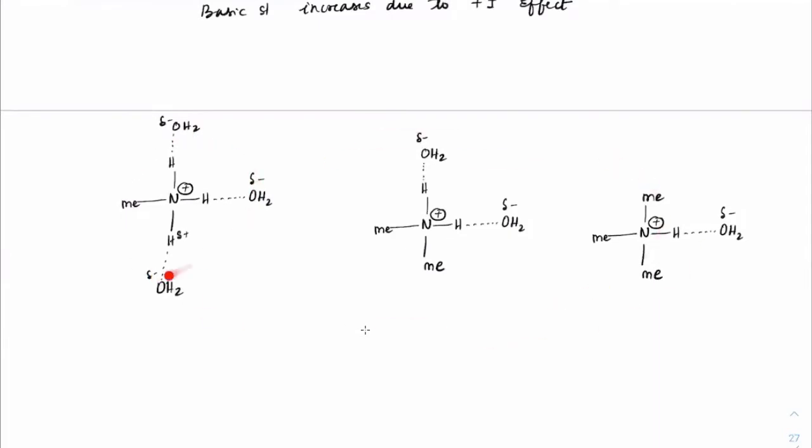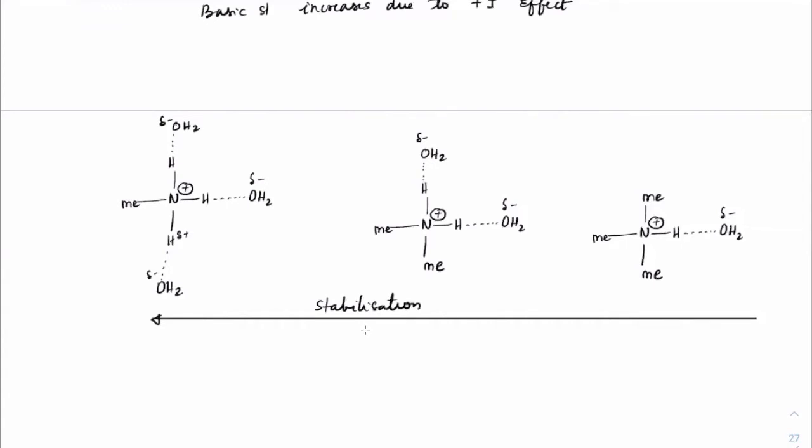More amount of hydrogen bonding, more is the stability. Remember, you may have learned this as solvation. The more the solvation, the more is the stability. Correct? So if you consider the stability now, what is happening? Stability is more towards this side. This is stabilization due to solvation. So this is how the stability is.